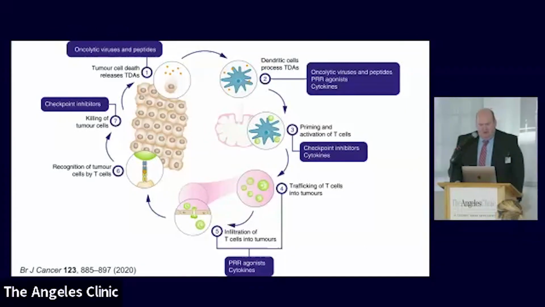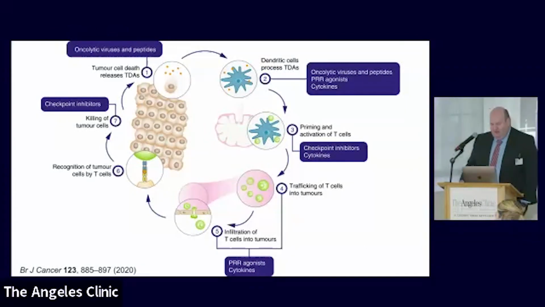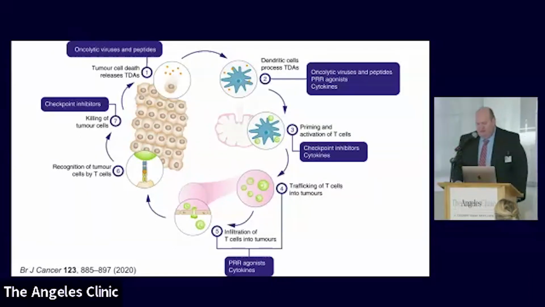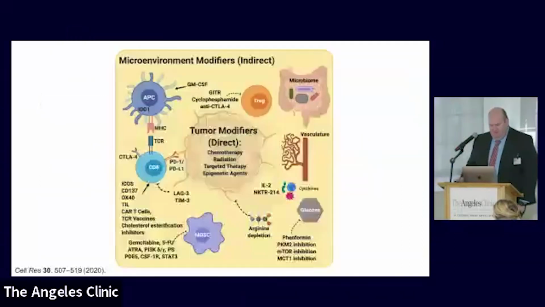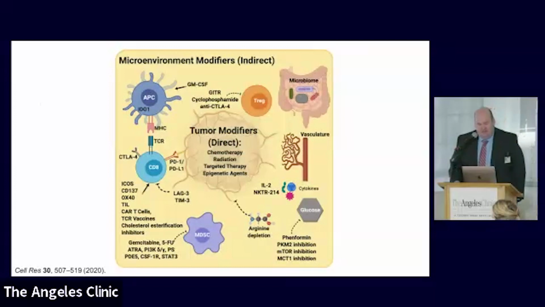So what's next? Thus far, we've discussed the effects of checkpoint inhibitors as having an anti-tumor effect on cancer. What are the other points in the cancer immunity cycle where immunotherapy may be useful? Oncolytic viruses and peptides can cause tumor death and release tumor-derived antigens. And there's also a potential to affect trafficking and infiltration of activated T cells into the tumors. Other places might be helpful. Others will be talking about further strategies to treat melanoma today. And some of them